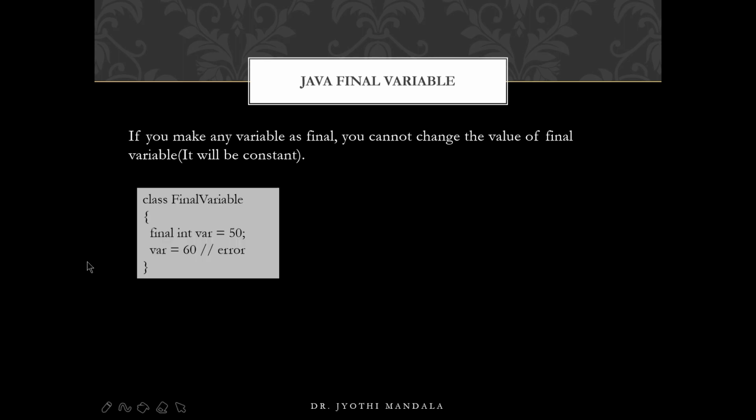Now how can that be done? Normally we write int var, that will be the declaration assigning the value. If you simply write like that, that var value can be changed anywhere throughout the program. But if this declaration is preceded by the final keyword, then whatever value we gave for the var variable is constant, that is fixed. That means after this statement the value can't be changed for this var variable. If you try to change it, it will throw an error.